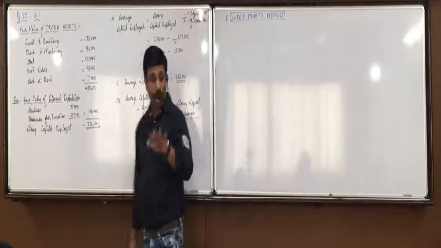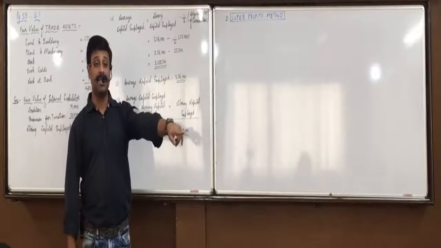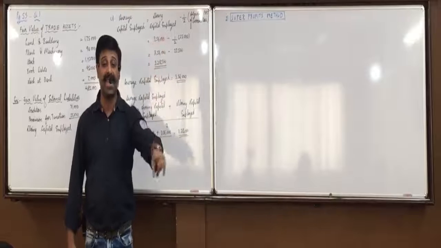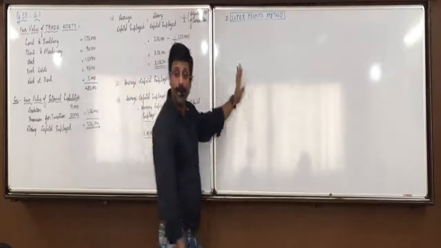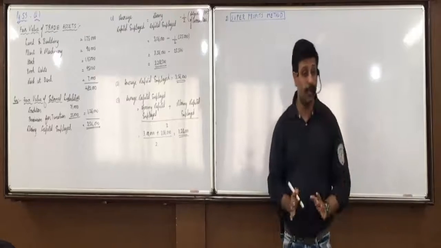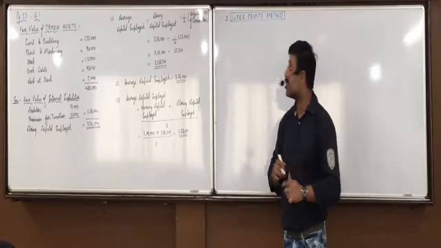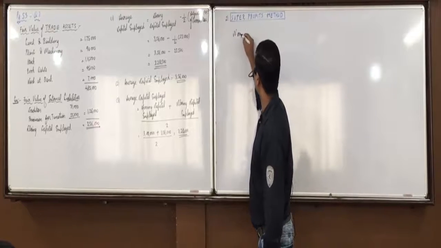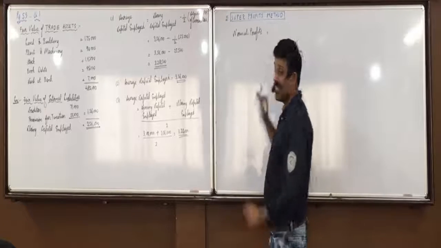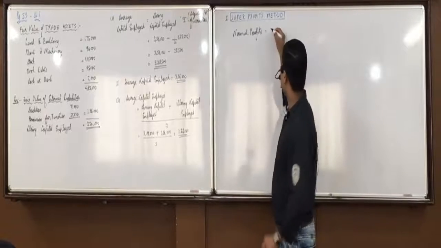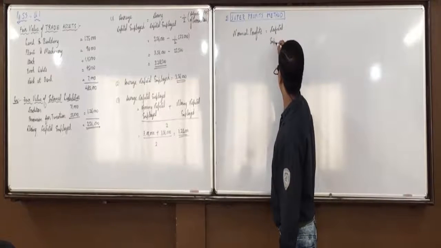The profits which your business is able to earn over and above the other businesses of the same category and with the same level of investment are considered super profits. So how to find these super profits? First we will find the return of everyone else, which is called normal profits. He is earning abnormal profits, but what are the normal profits which everyone else is earning? His investment, that means capital employed, is how much?